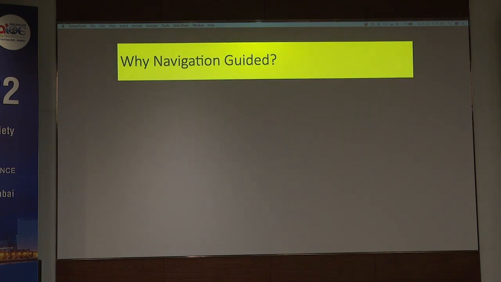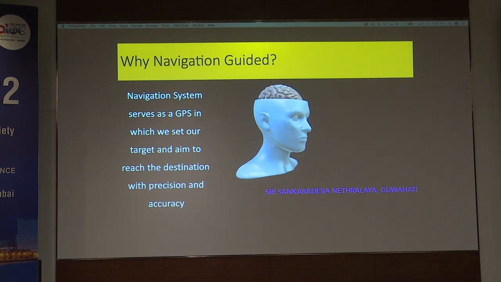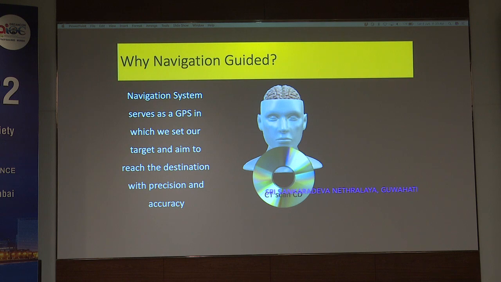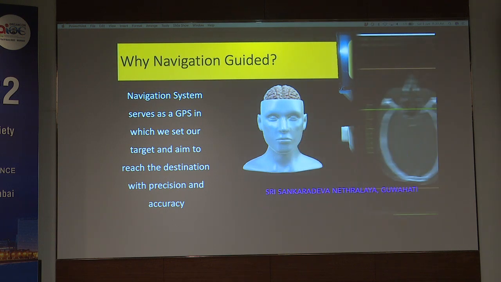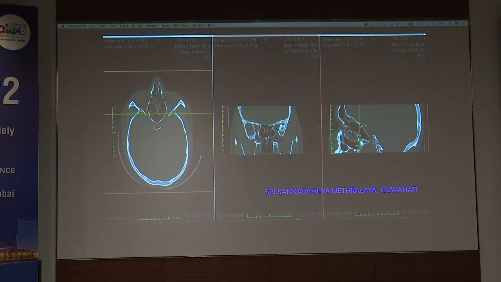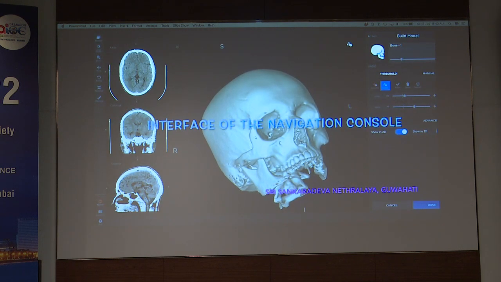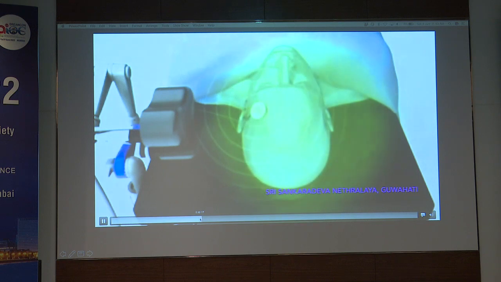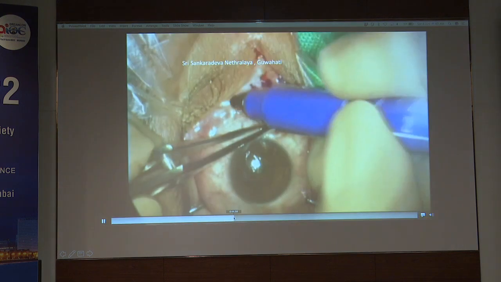The most serious problem is when you have an optic canal fracture. This is very sad because these are usually following road traffic accidents, and these patients are usually in a very productive age. They are 22 to 25, they ride the motorbike without any helmet, and they have a slight, trivial temporal injury but it leads to total loss of vision. So it is very challenging to do the decompression in such a situation, because we know that the optic canal is very deep inside the orbit, approximately 44 to 48 millimeters down into the orbit.